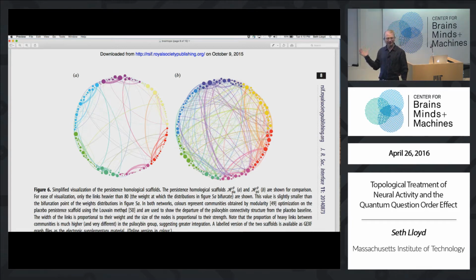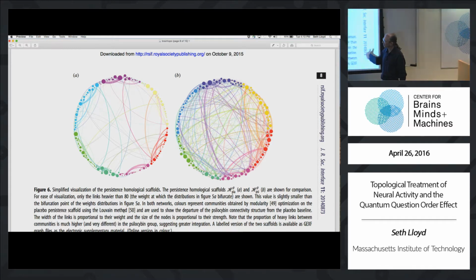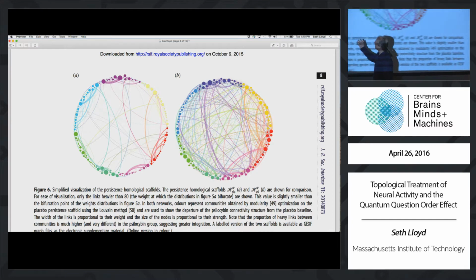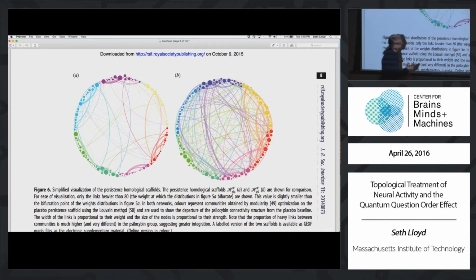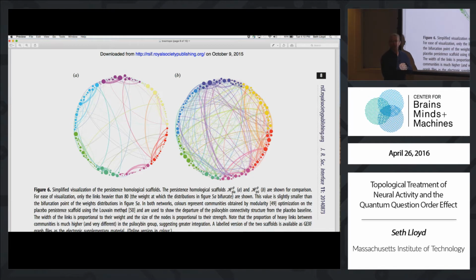So what is this graphic? This shows you the kind of information you get out of looking at topological analysis of processes. This data is functional MRI data from the brain, divided up into 256 segments. You get a notion of adjacency of different neural sectors by looking at the correlations between the data. So if two of these sectors are highly correlated with each other, even if they're far apart in the actual physical brain, then you assign them an adjacency. You say they're adjacent.